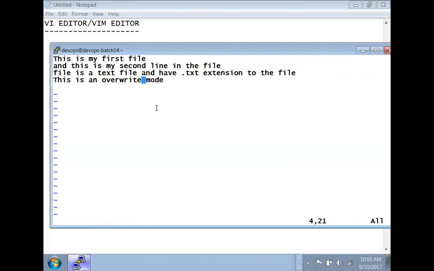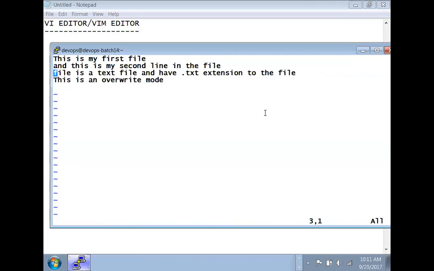Good. Now you want to delete lines. What is the command to delete a line? DD. So let's go. Which line do you want to delete? Third line. Let's go with the third line. I'll say DD. Gone. If I say undo, you are back. Is it clear? It's very simple. You need to just understand what you are doing. If you know what you are doing, it is very easy. If you don't know what you are doing, then you are somewhere else, right? You are in the ocean.